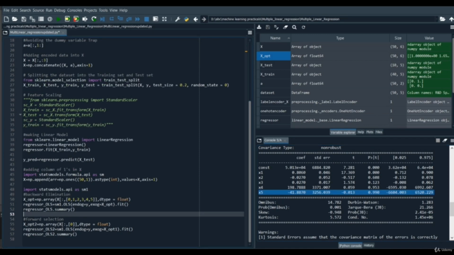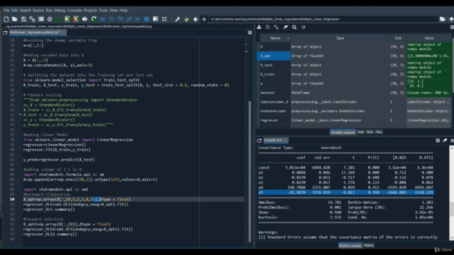So as you can see here in X optional, the fifth independent variable has a value of 0.99, which is quite more than our threshold value. That is, P greater than modulus of t denotes the difference between the values. If the value is high, that means there is less relation between them; if the value is quite low, that means a higher relation. So as you can see, this is 0.99, it's quite high, that means there is very little relation between this independent variable and our dependent variable. So we are not going to use this in our model.